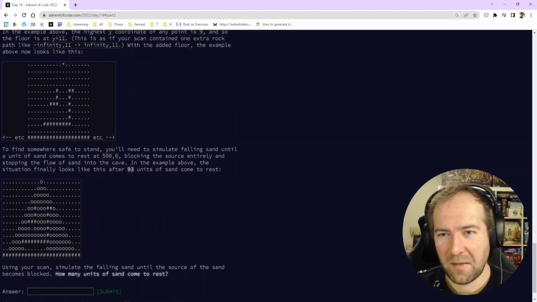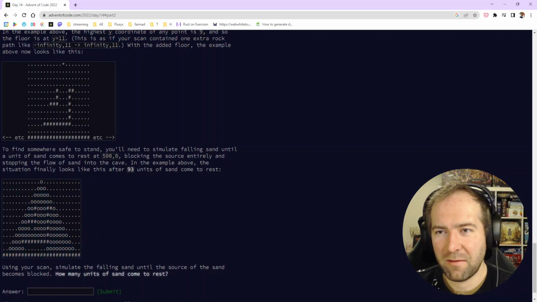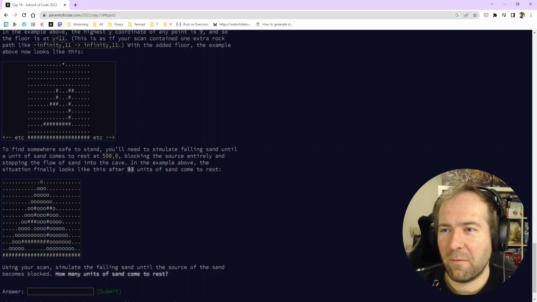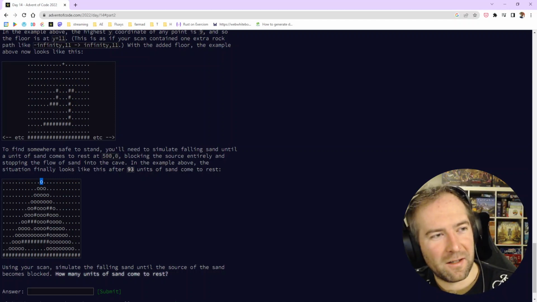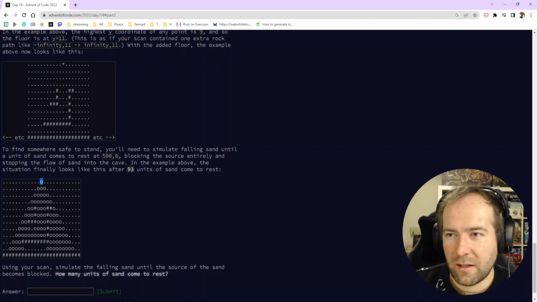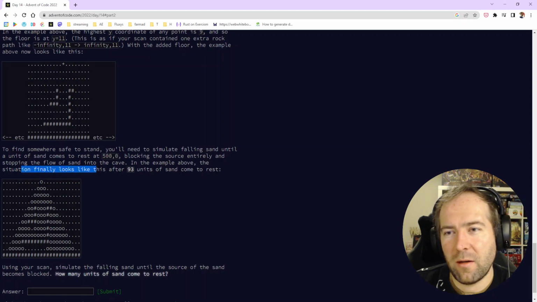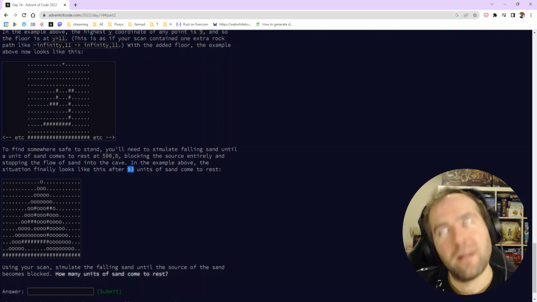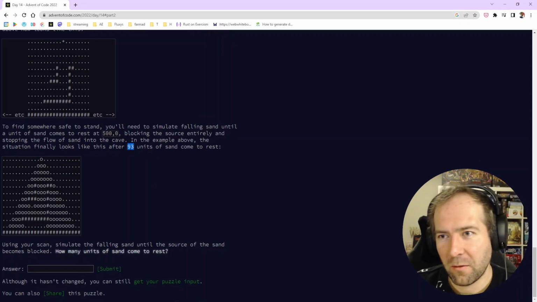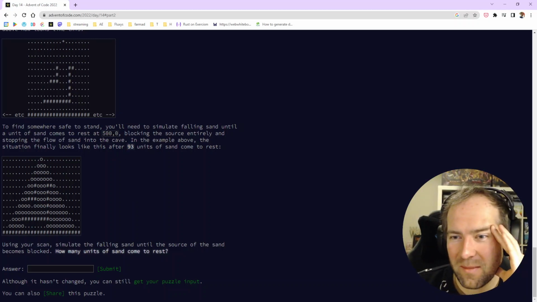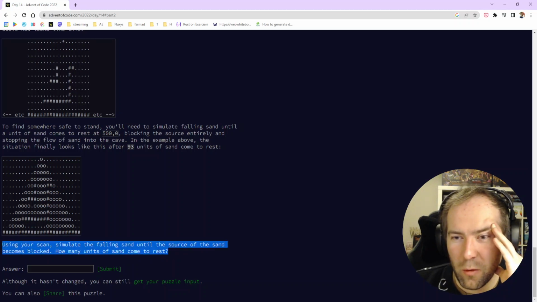Oh my god, this is amazing. We're building sand pyramids and we're looking for safe pockets. We'll need to simulate falling sand until a unit of sand comes to rest at the top. This is very Indiana Jones-like. Okay. In the example above, the situation finally looks like this after 93. That's like a quadruple of complexity. I really hope that I don't have to rewrite my entire algorithm for part 2 or rethink my data structures. How many units of sand come to rest using this new